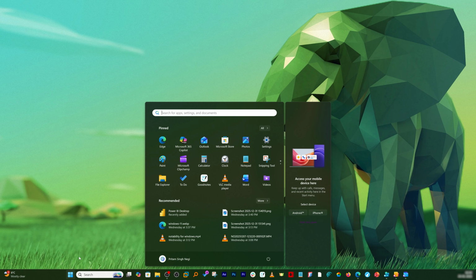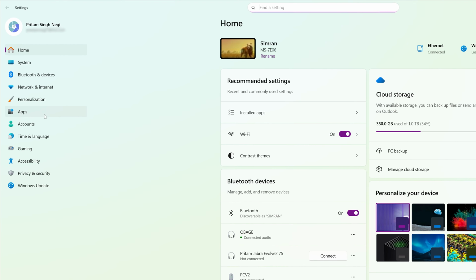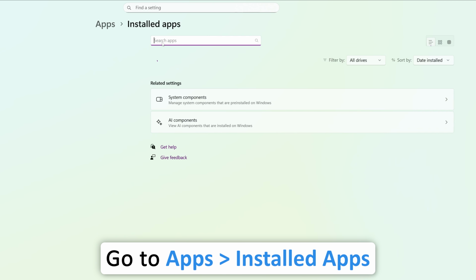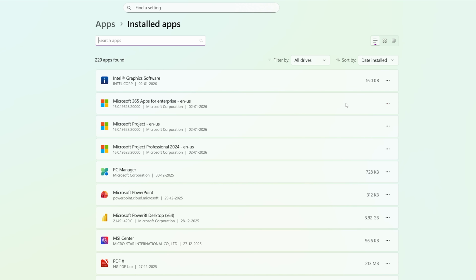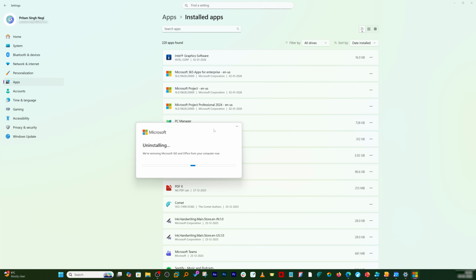You hit the Windows button and then go to Settings. In Settings, we need to go to Apps and then Installed apps. And then from here, you have already tried uninstalling Microsoft Office by clicking here, Uninstall. So this should work for you, but due to any reason, if this did not work,